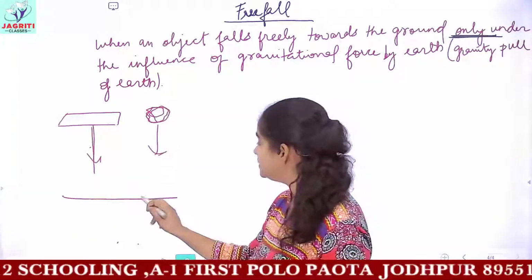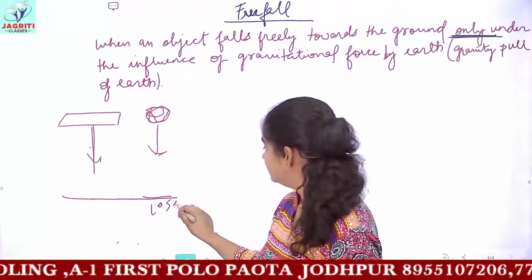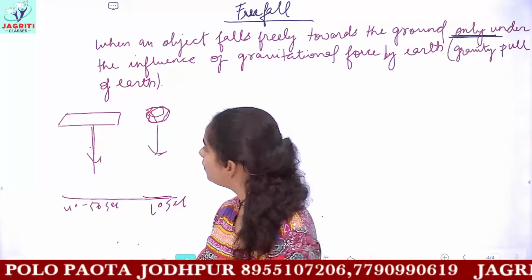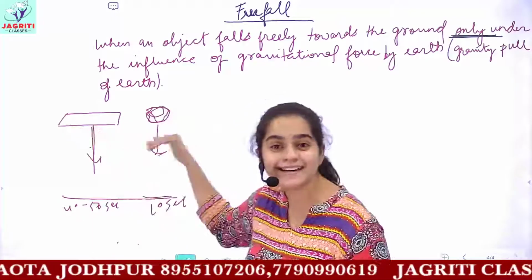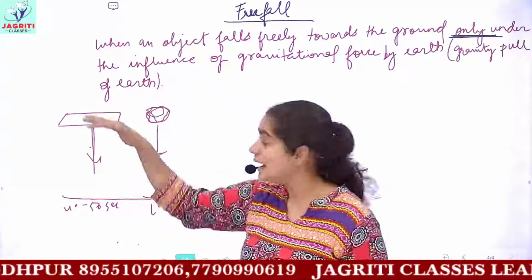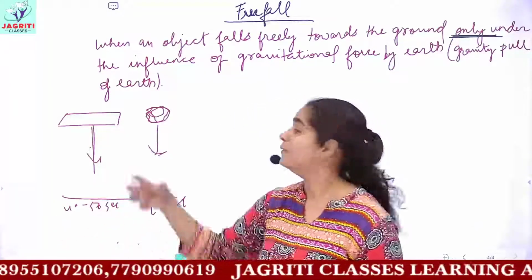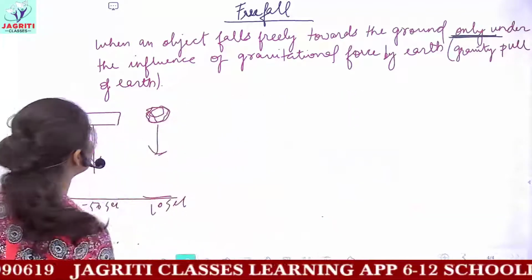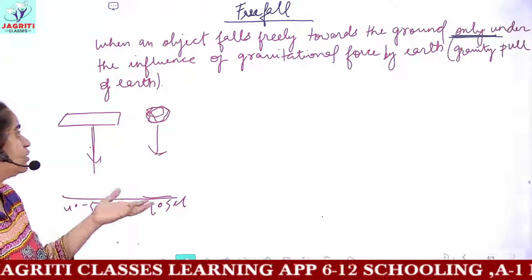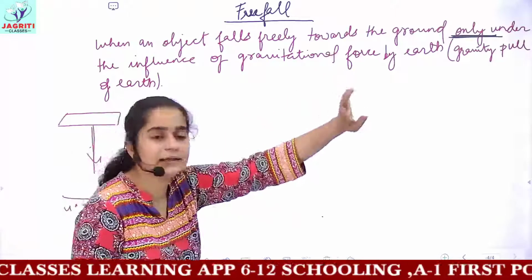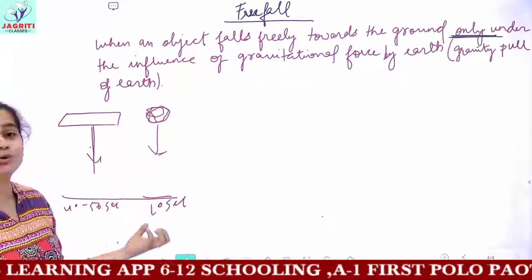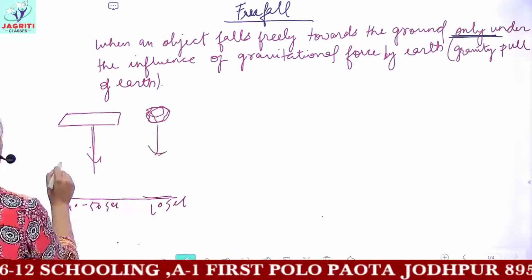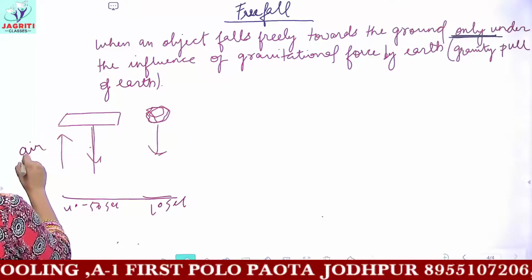If this ball reaches the ground in 10 seconds, then the sheet might reach the ground in 40 to 50 seconds, because this sheet of paper will float in the air and air will act upon this sheet and hence it would come slowly to the ground, whereas this crumbled ball comes at an instant to the ground. So we say that these both are free falling? Because I told you free fall is when any object falls on the ground due to gravity. So this condition will not be called free fall, because here one more force is present, which is called air resistance.